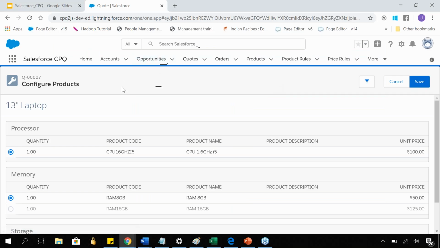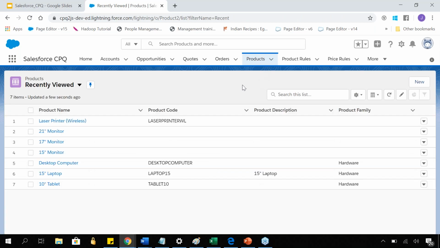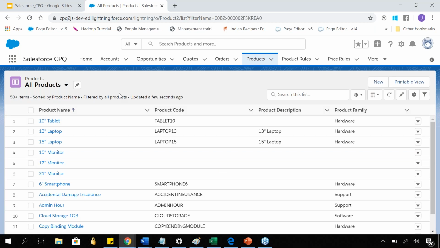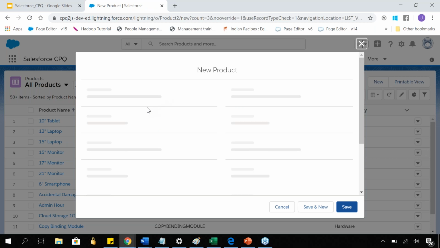Okay, so let's go ahead and do that. You may have an existing product also. I'm just creating a new product for understanding, but you may have an existing product also, and one of the existing products can be acting as the parent of the bundle. So I simply go and add a new product, and I will call it